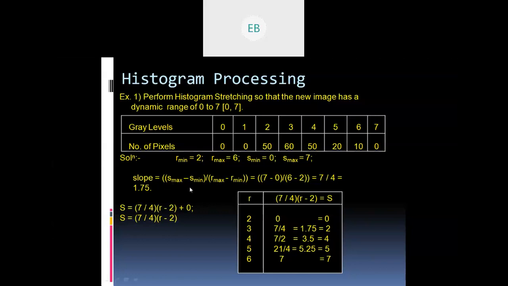Okay, ma'am. So this sum is actually very easy. The values are already denoted for S and R. You just have to calculate the slope, take out the value of the slope, and then calculate S, because R minimum, R maximum, S minimum, S maximum, these values are already given.